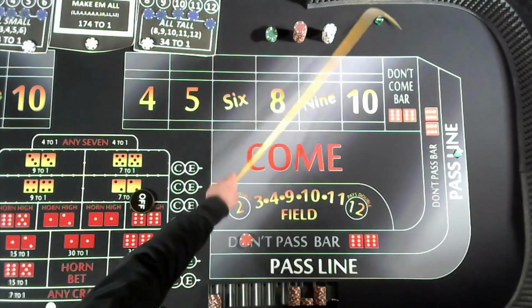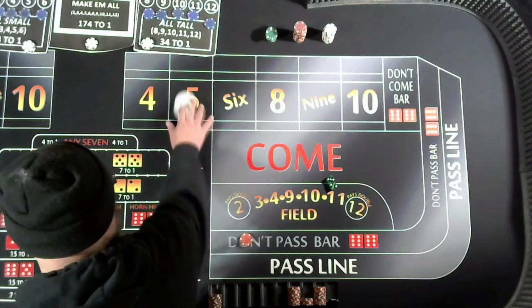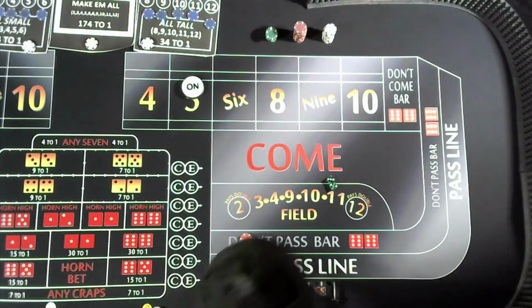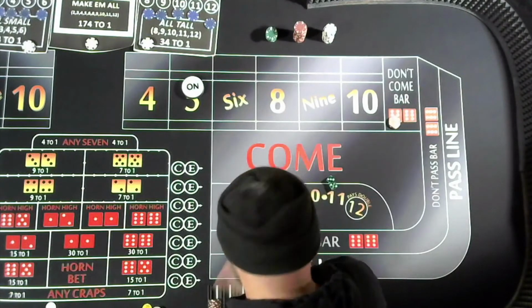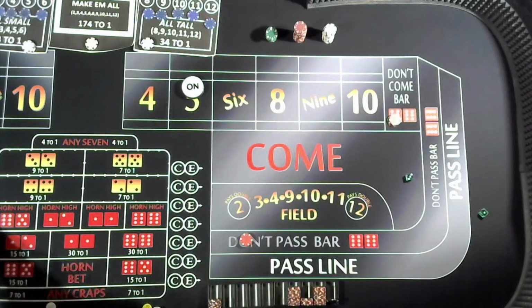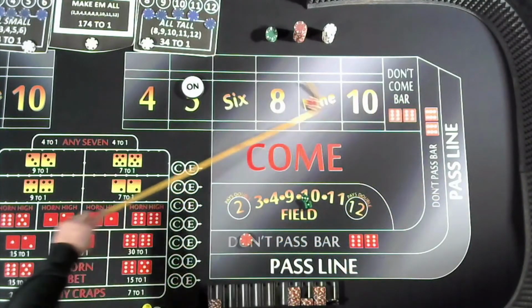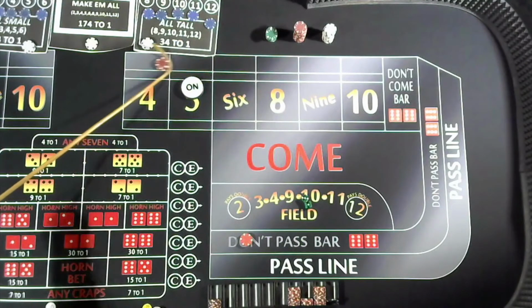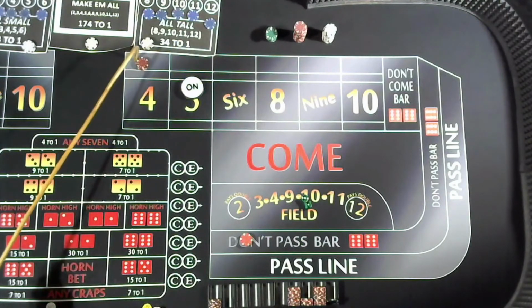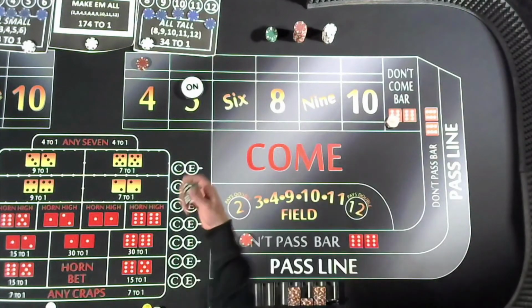There's a 5, 3, and a 2. Easy 5. Or hard, depending on how you feel about it. $20 on the DC. And here we go. 4, easy 4, 3 and a 1. That DC is going to travel all the way back down here behind the 4. All right. And we got one more unit of 20 to make up our third